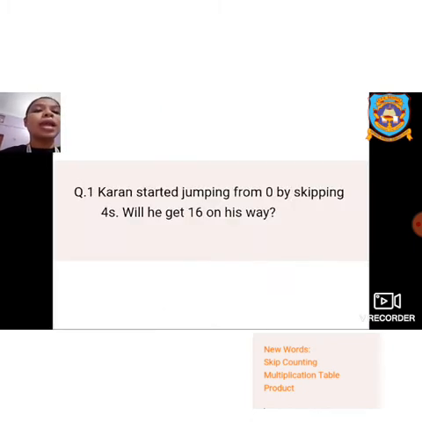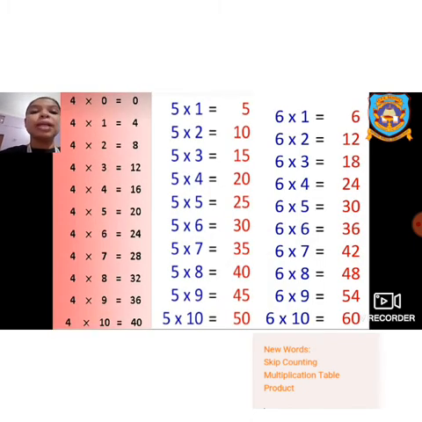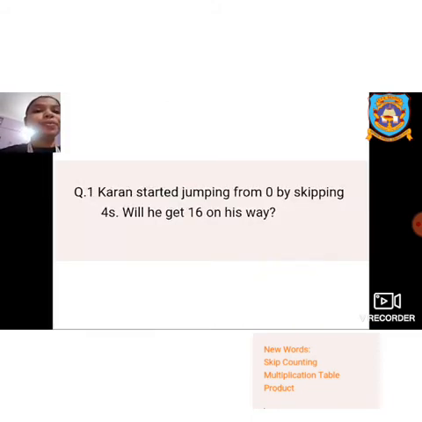And if you want the multiplication table till 6, it is given in your textbook. If you want till 10, you can drop a message on my WhatsApp number. I can forward it to you. I tell every student to write the multiplication table from 1 till 10 in your maths copy, and memorize that one.